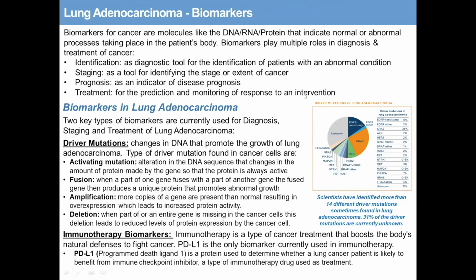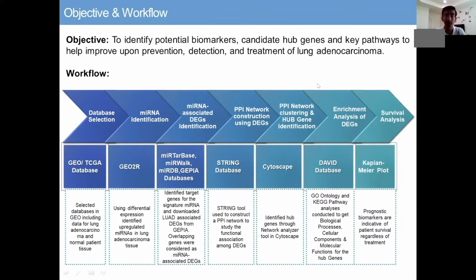Biomarkers are an important part of cancer. Some examples of them are molecules like DNA, RNA, and protein, and they indicate normal processes taking place in the body. Their important role in cancer is in diagnosis and treatment. The objective of my research project was to identify potential biomarkers, candidate hub genes, and key pathways to help improve upon prevention, detection, and treatment of lung adenocarcinoma by better understanding the dysregulation of microRNA and the effects it has